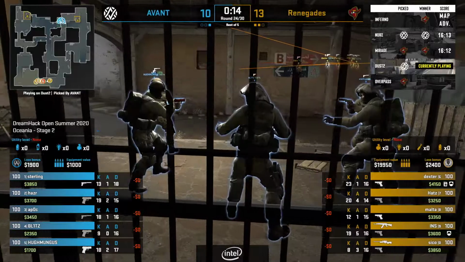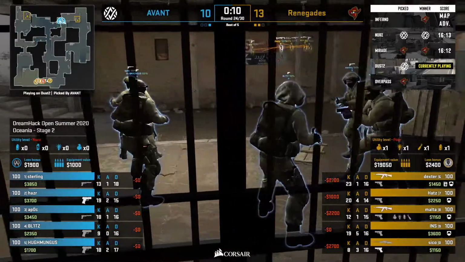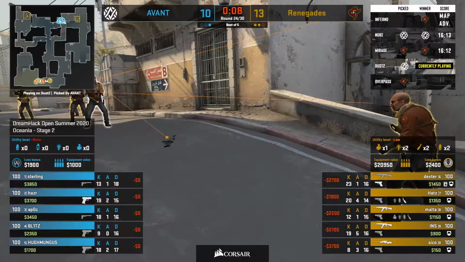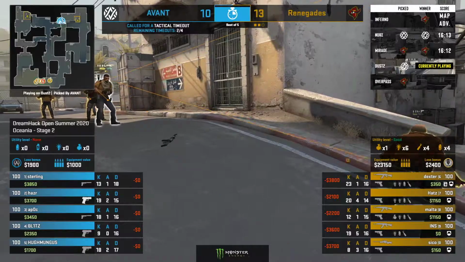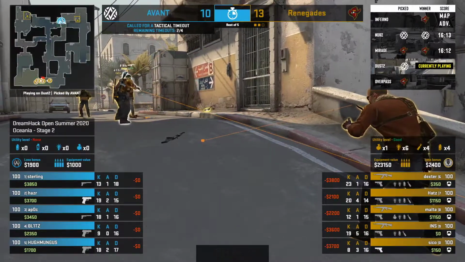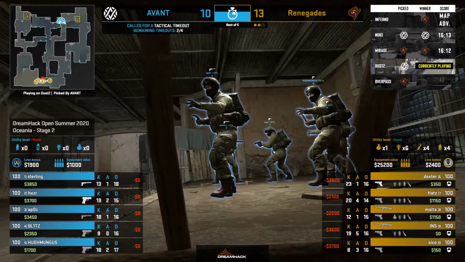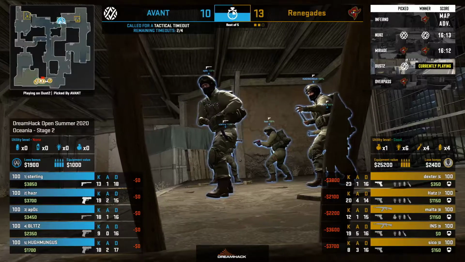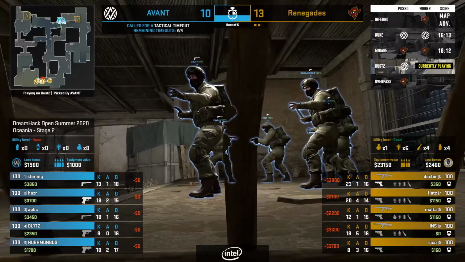Now things get difficult. It looked like Sicko was really feeling the nerves there. Maybe he's a little cold, because that was some shaky aim. I know Sicko is usually one to have some very solid mechanics. Anyway, in round 24, AVANT are taking this time out, making sure that they can regather themselves